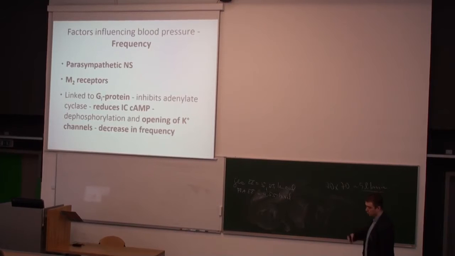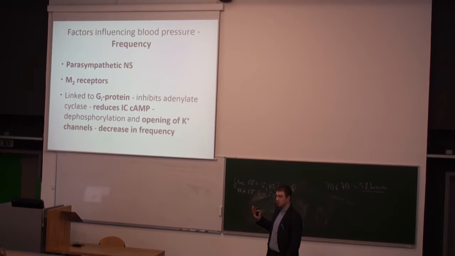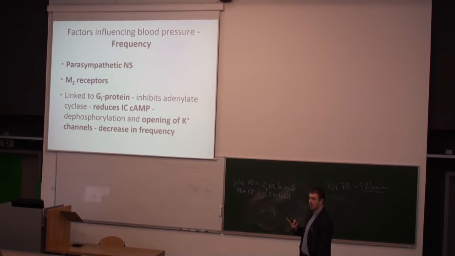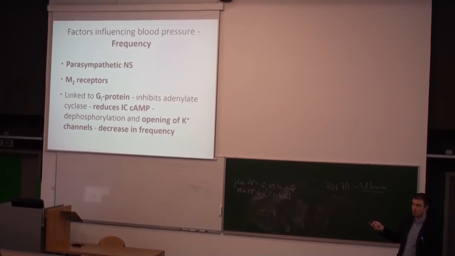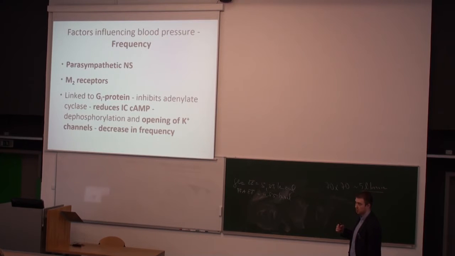If we look to the second, to the opposite, that means the acetylcholine action. The acetylcholine action is enabled by two types of receptors, nicotinic and muscarinic. Nicotinic, right now, we can forget, and we can stay at the muscarinic receptors. As you know, muscarinic receptors have 5 subtypes, and in the heart, we have the M2 receptors. So these are the cardiac muscarinic receptors.